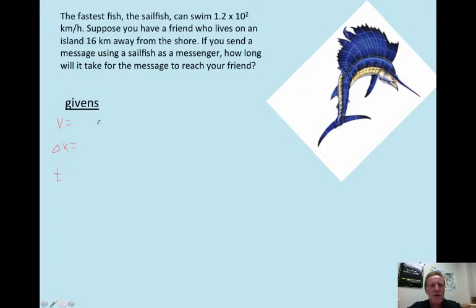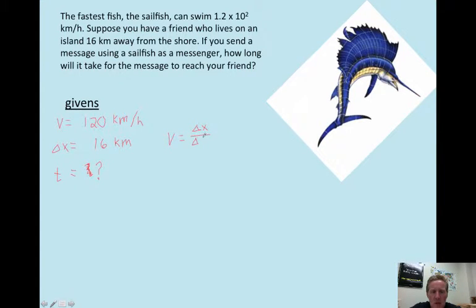So the 1.2 times 10 to the 2 is going to be the velocity, and I'm just going to write that as 120 kilometers per hour. And then the change in x was 16 kilometers. And then time is what, whoops, I meant to make a question mark, is question mark. So the formula that we're going to use is going to be velocity equals displacement